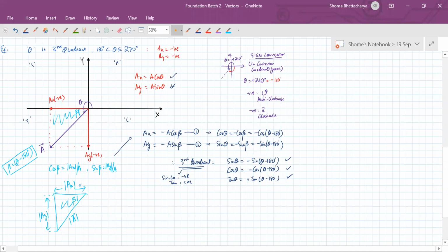Okay. So now what is mod of ax? It is nothing but minus ax. What is ax? It is nothing but minus of mod ax, like that. Okay, so that's the one thing we have to be careful about, that ax and ay are scalar quantities which have algebraic sign, positive or negative. Whereas when you are applying trigonometry, the side length of a triangle cannot be a negative quantity. Length itself is a magnitude quantity. So it is mod of ax. So it's a very relevant and good question you've asked, and this is the answer to it.